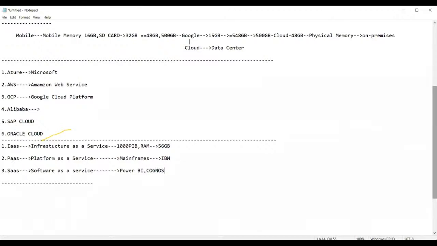You need not buy the license of this, need not worry about this. Simply you need to inform your cloud provider that you require it, and he is going to buy that for you. Everything is taken care of by the cloud provider in the service called Software as a Service. So these are the three categories of services we have.